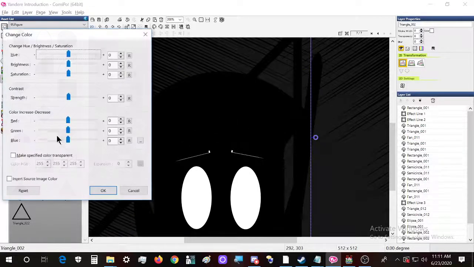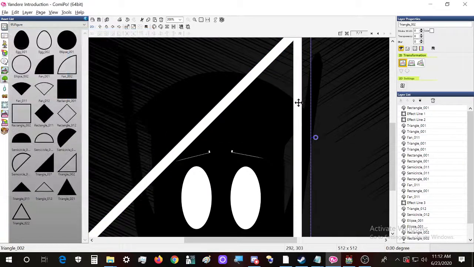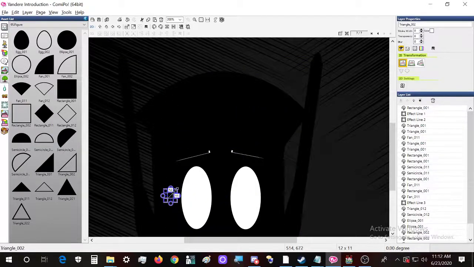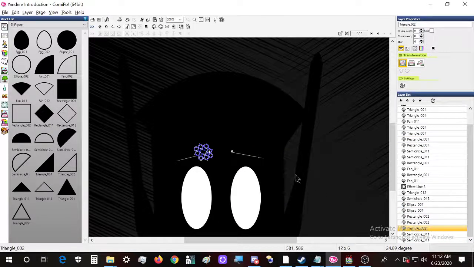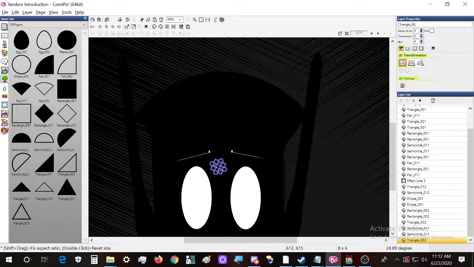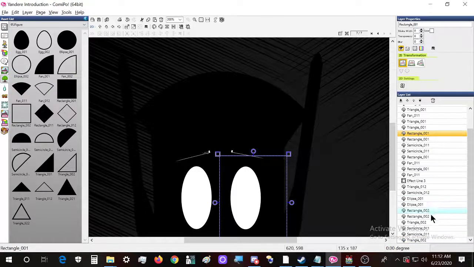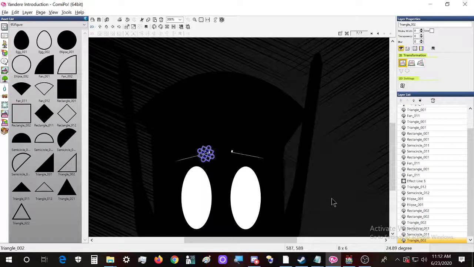Now of course, if we want, we can portray more of the eyebrows by making a white triangle, making it really small, and you need to make it even smaller, and we need a few hundred of these. Oh wait, it's a bit up. It needs to be a bit up.